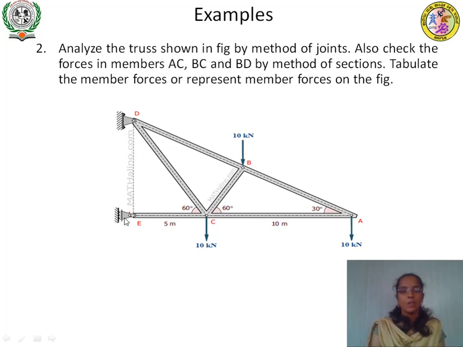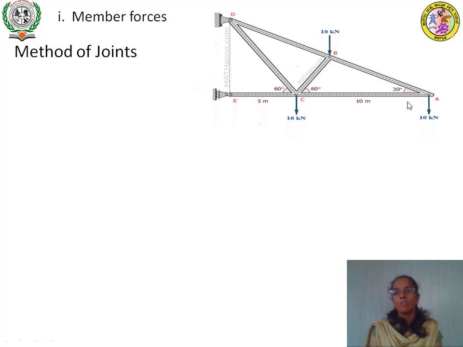Okay. So even though you can find the reactions for this type of truss, because of this cantilevering action, we can start from this free end instead of finding the reactions and then proceeding from either E or joint D. We can start analyzing from joint A without calculating support reactions. So hence in this problem we will start from this free end joint A. Okay. So we'll find the member forces initially by using method of joints. So this is the given problem.